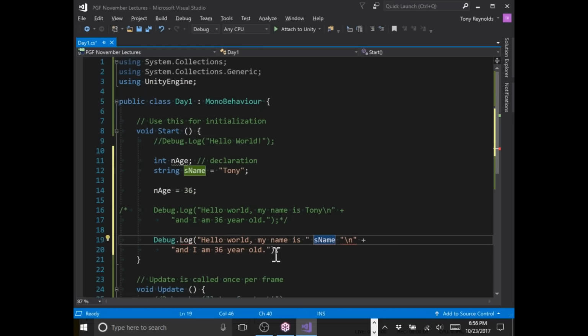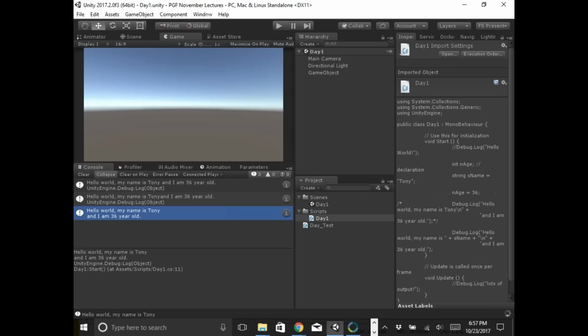So to combine "hello world, my name is" with the variable s name, which contains Tony, I need to add that plus. Just going to put those together. And I need to do the same thing on the right of s name. So that stitches those things back together. Now at this point I can save, jump back to Unity, and